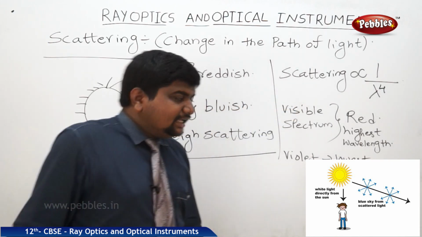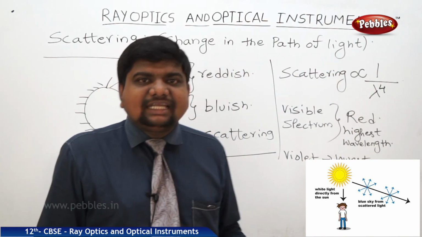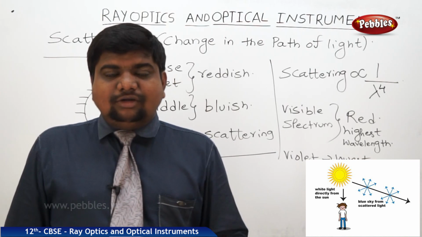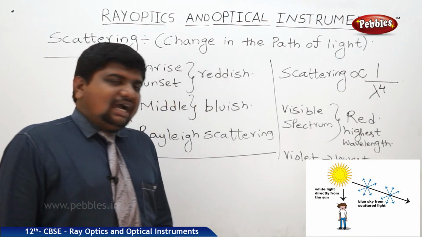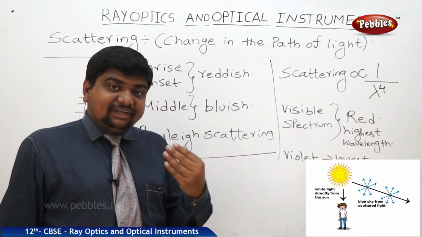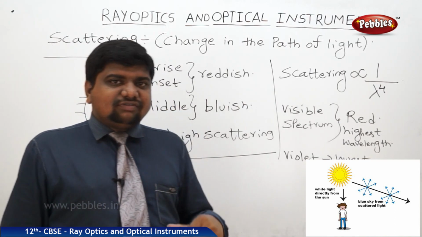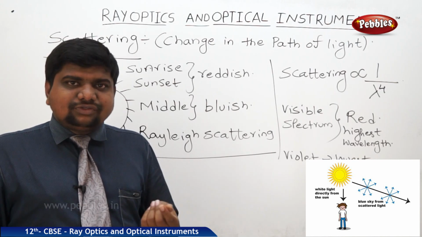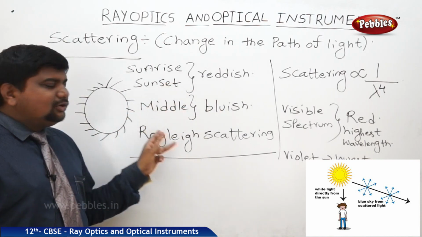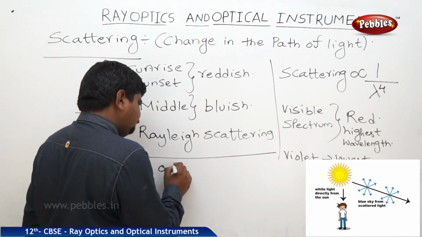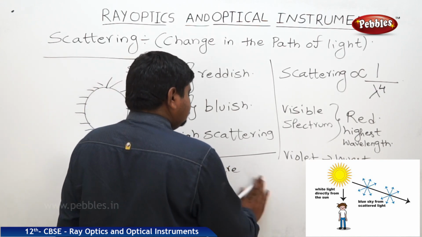Because of its least wavelength, if lambda is least, scattering should be more, but we are unable to recognize the scattering of the violet color. Only blue color appears. What is the reason? The only reason is our eyes are not sensitive enough to identify the violet color. That's why for violet and indigo we are not sensitive. So next to the indigo, which color is visible? Blue. That's why the sky appears blue for the remaining whole time.